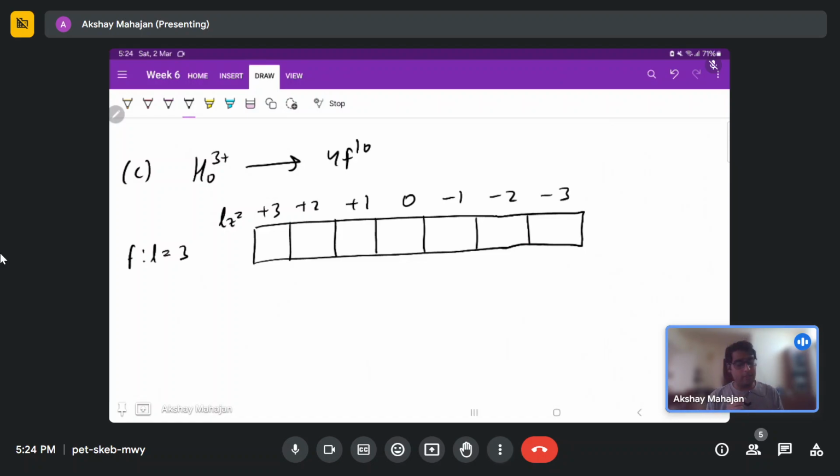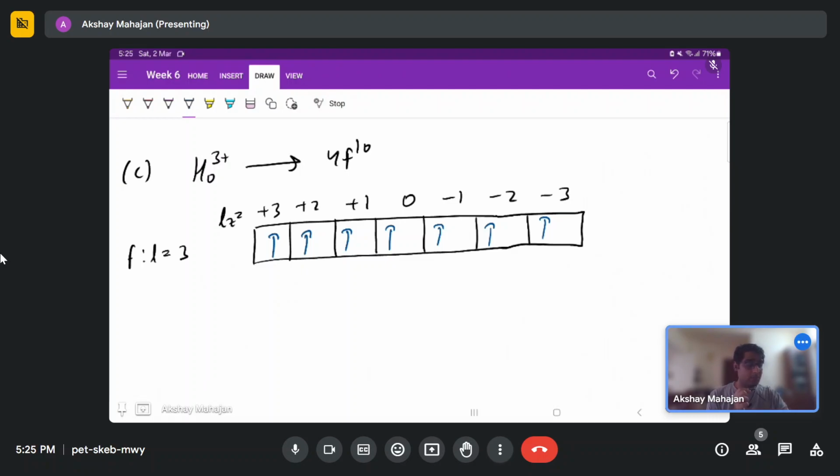Alright, now first we will go with the first Hund's rule. We need to maximize the value of S. For that I will start putting the plus spin up electrons. Now because of the Pauli exclusion principle, I cannot put any more spin up electrons. So now I have to put the spin down electrons. And now wherever I will put the remaining 3 electrons, which will have a spin down, minus half ms value,